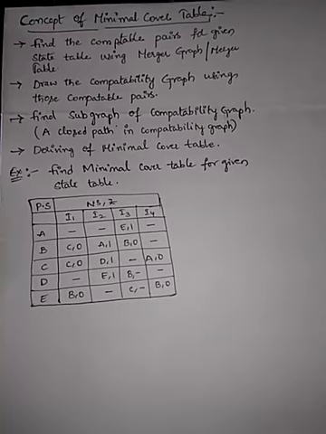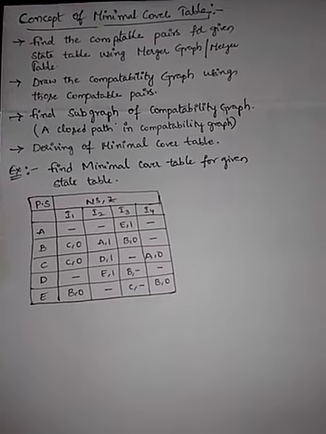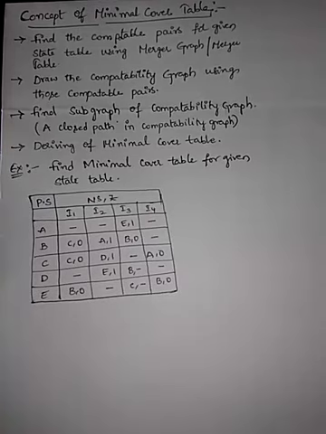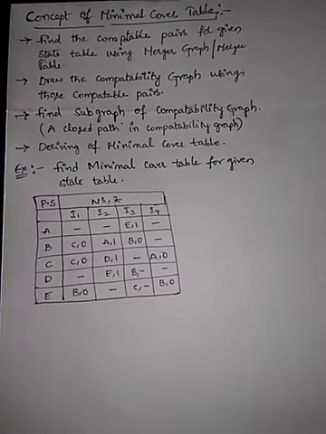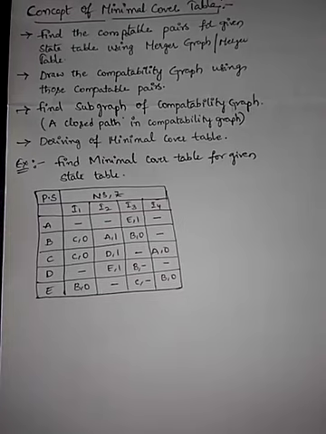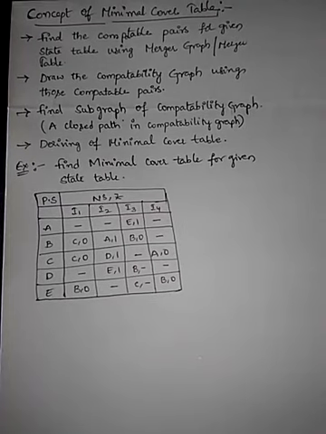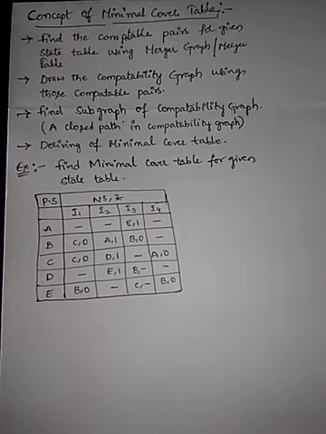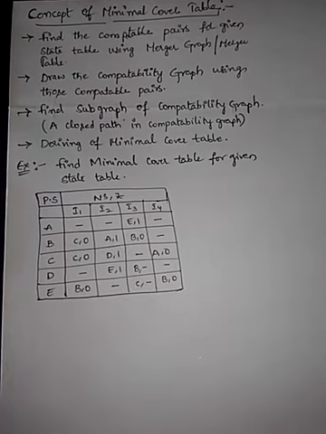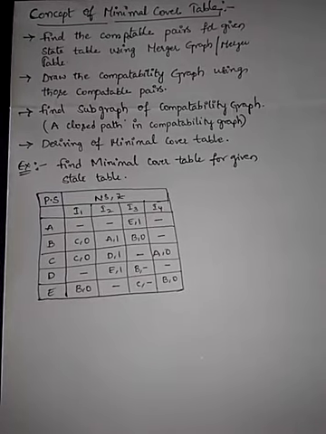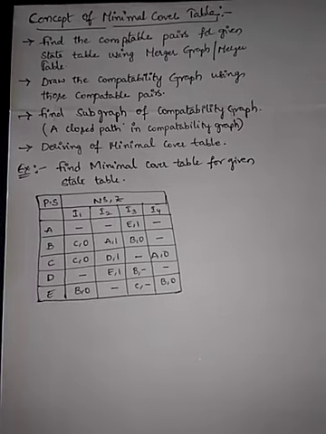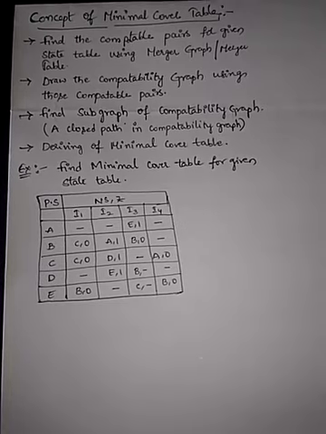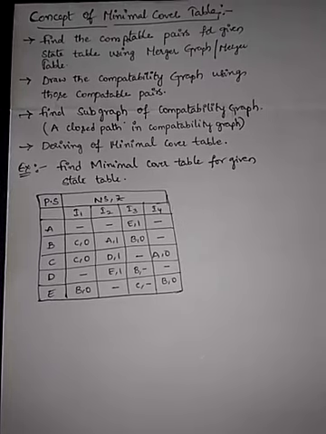Now I prefer the merger graph. Why? Because it has only 5 states, so it is easy for me to derive with the merger graph rather than the table. What is the process of the merger graph? As we have 5 states here, you plot 5 points A, B, C, D, E, and start comparing A with B, A with C, A with D, and A with E, same as what I did previously. And you draw the final graph. That means after verification of states, you will draw a line, and in between the line you will write some states. Okay, then we will see step by step.